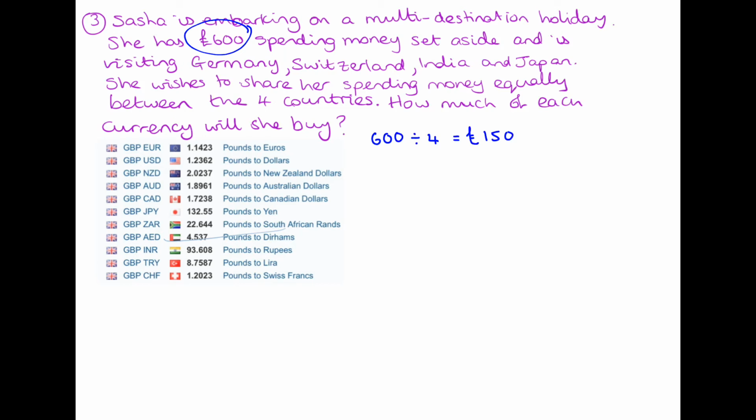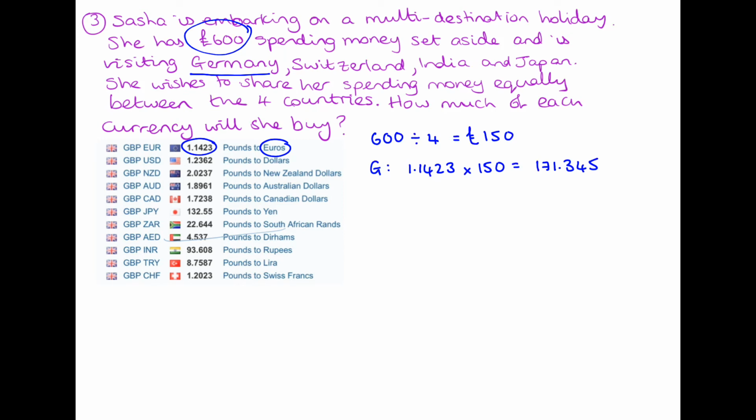Okay, so the first country is Germany. In Germany they use the euros. So it's here, and it's this exchange rate. So we need to do 1.1423 times 150. And we get 171.345. Now remember, euros use cents like pounds use pence, so we only want 2 decimal places because there's 100